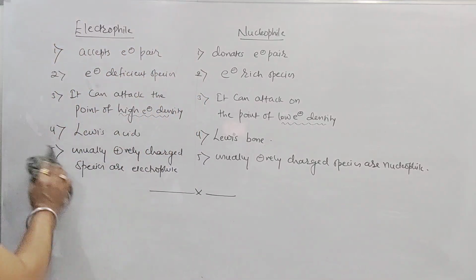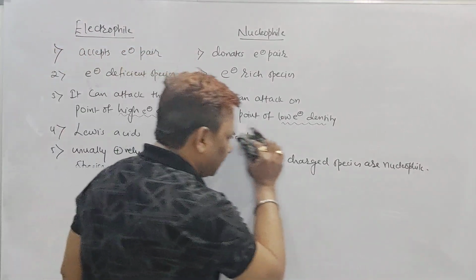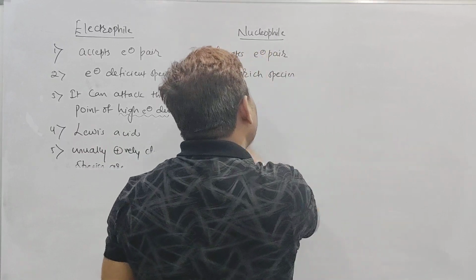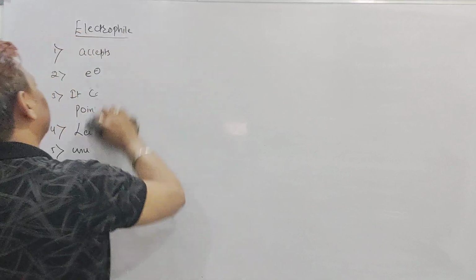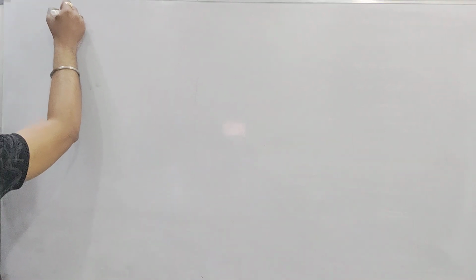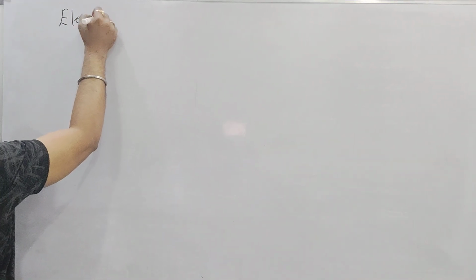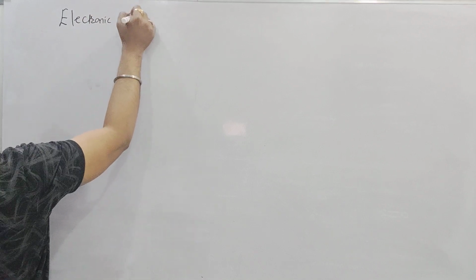But now all these things whatever we discussed, all the discussion which I did was only to explain you the electronic effect in organic chemistry. But it is the most important topic in organic chemistry. Without that topic, beta, we can't do any mechanism, we can't predict any product. Right? So this is the topic which I am going to discuss in the class. That will be called as electronic effect.